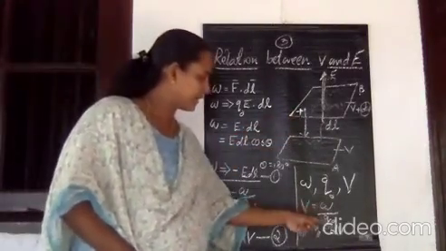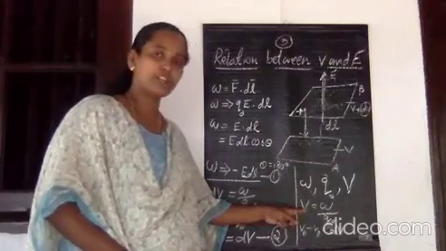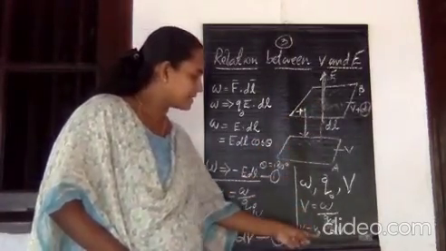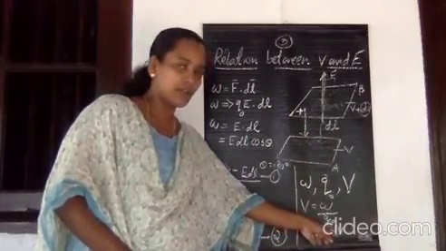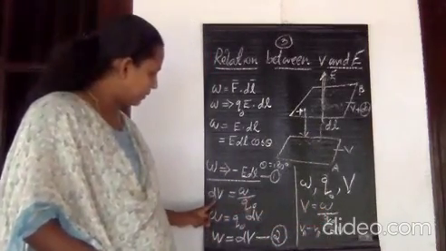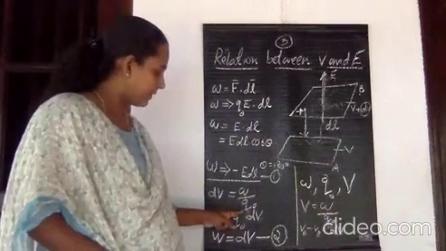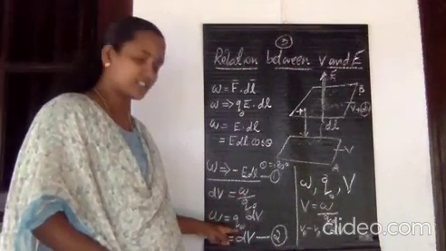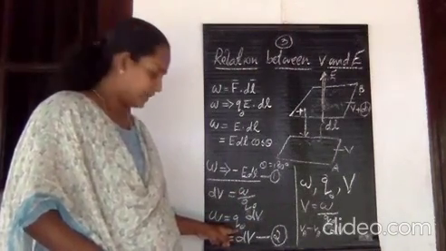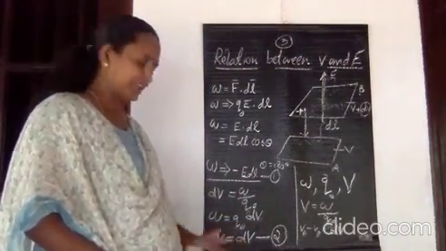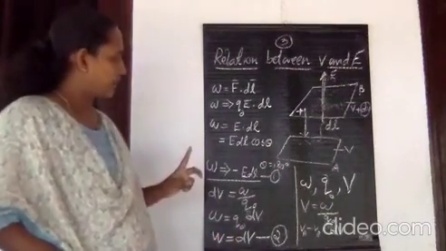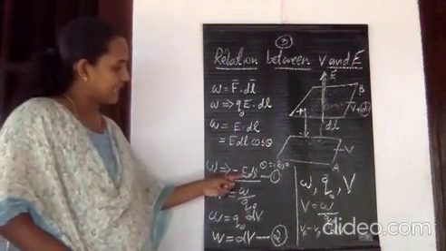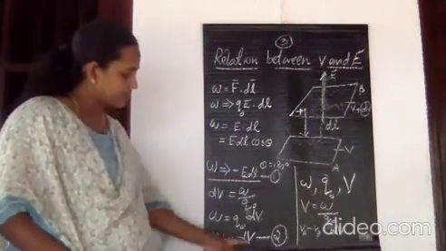How are we getting it? V is equal to W by Q0, where V stands for the potential difference between 2 planes. So here the potential difference between 2 planes is VA minus VB, that is equivalent to dV itself. So dV is equal to W by Q0. Therefore work done is Q0 into dV, where Q0 is a charge with magnitude positive 1. Therefore the formula becomes W equal to dV itself. So here we have 2 formulas for work done. One is W equal to minus E dl and another one is W equal to dV itself.